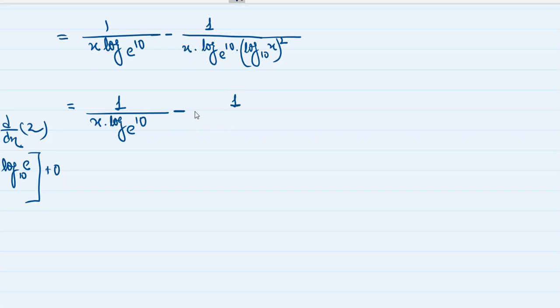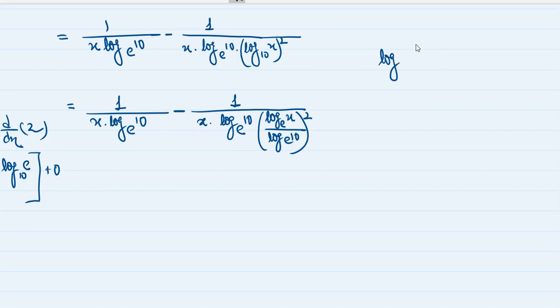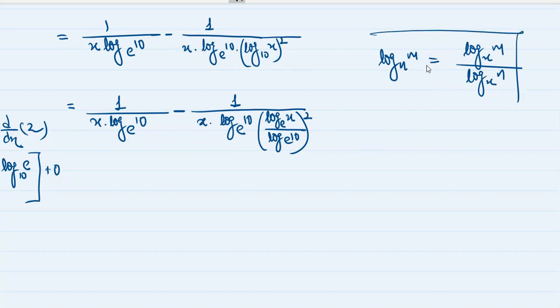तो एक तरीका है, एक फॉर्मूला मुझे याद आ गया, x multiplied by log of 10 to the base e multiplied by log of x to the base e upon log of 10 to the base e the whole square। तो फॉर्मूला ऐसा है कि if we have log of m to the base n, we can write it as log of m to the base x upon log of n to the base x। मतलब इसको हम लोग ऐसे ट्रांसफॉर्म कर सकते हैं। तो ये वाला फॉर्मूला हमने यूज किया,